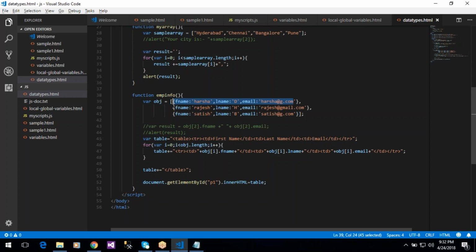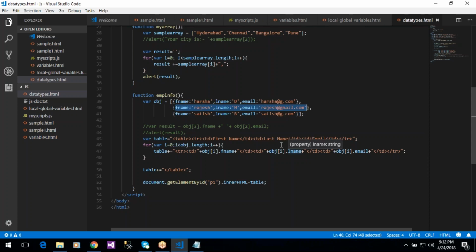So this result is taken, and again cursor goes to i plus plus, i value is increased from 0 to 1, then 1 less than object dot length is 3, so 1 less than 3, so the condition is true. Again it goes to this statement and object of 1 dot first name,